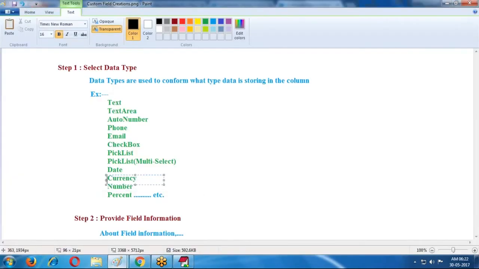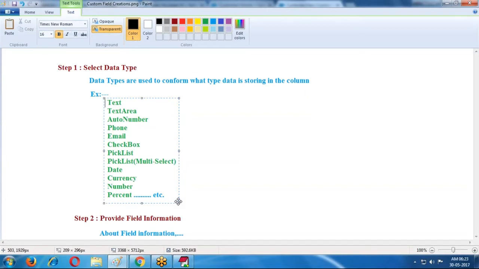So what is the first step? Select data type. What type of data are you going to store in that particular field? Only one data type is allowed at the time of field creation. It cannot accept multiple data types.